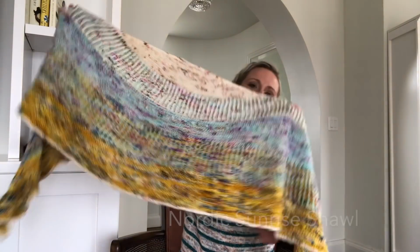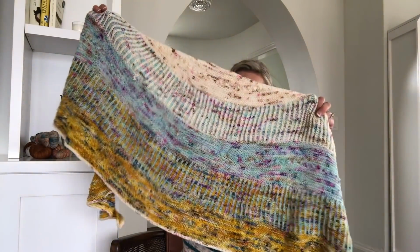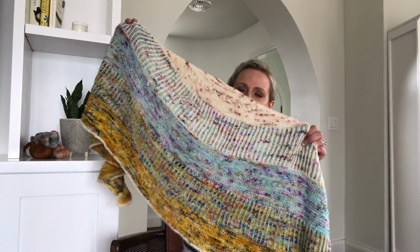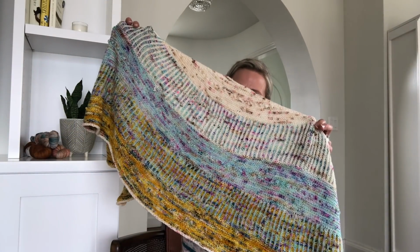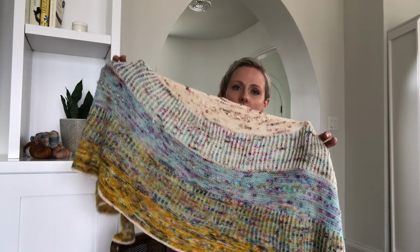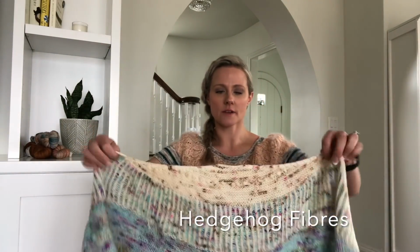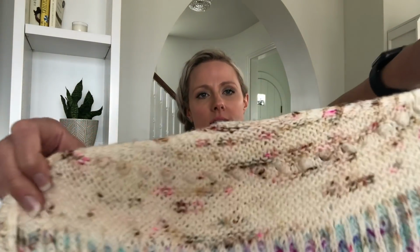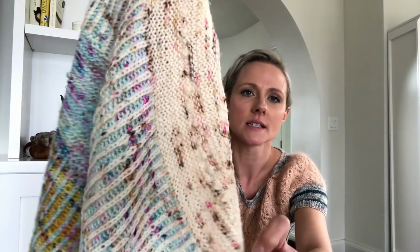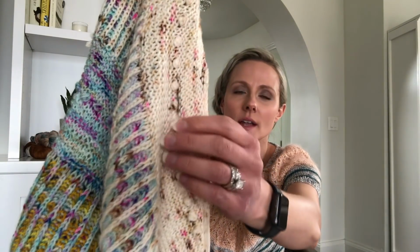So the first pattern that I designed using brioche, because I just love this technique. This is my Nordic Sunrise Shawl. It's actually one of my most popular patterns. I designed it 2 years ago in April, and it uses 3 different colors of fingering weight yarn. This is all Hedgehog Fibers. I love their yarn. And it has these garter stitch sections, if you can see, garter stitch with little noops that run down, like little bobbles,